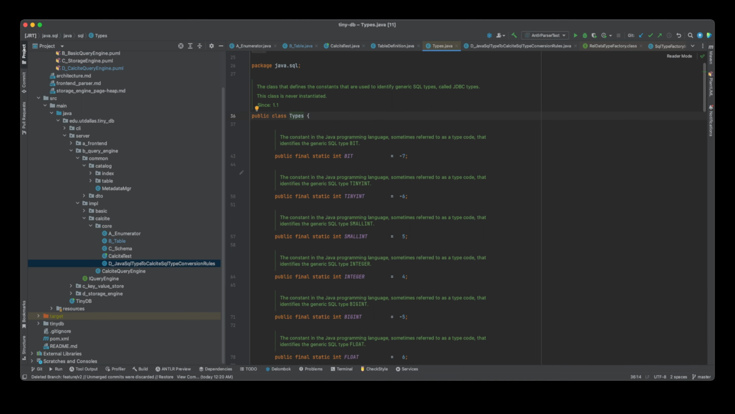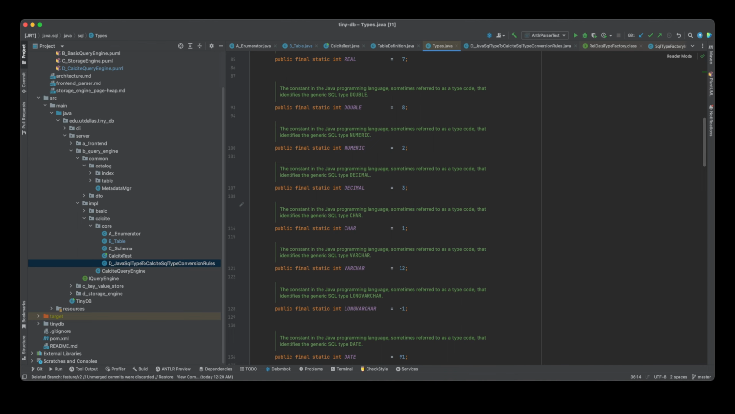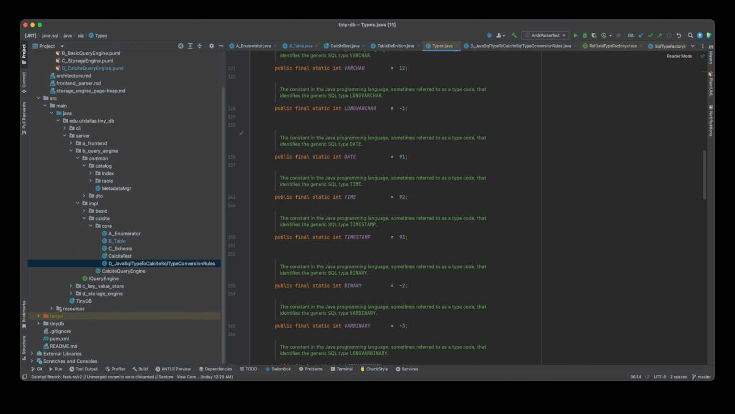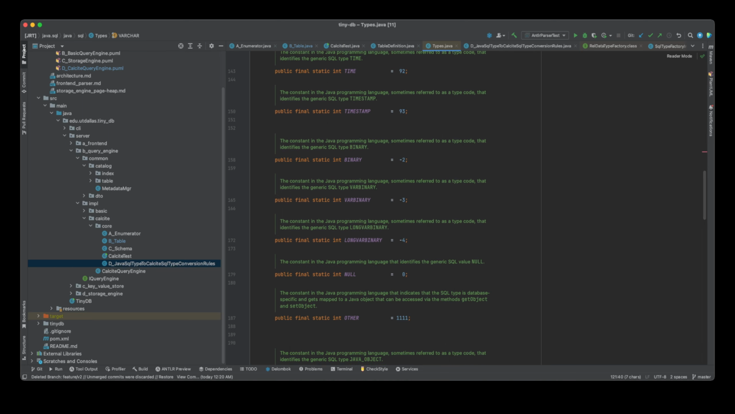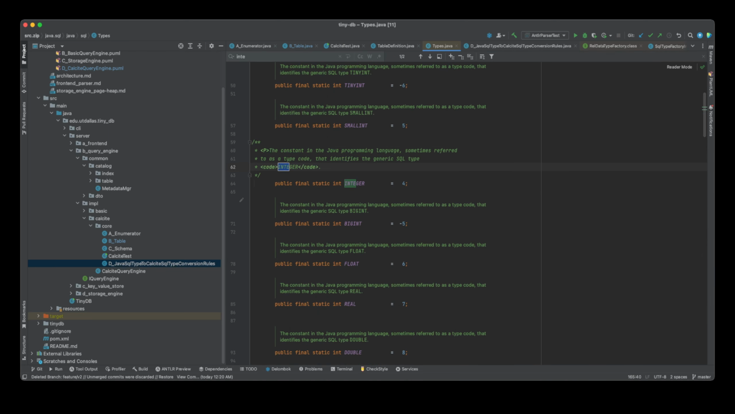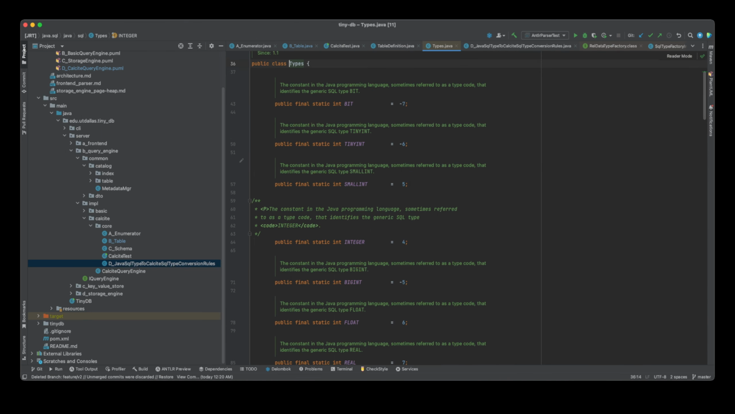So if it's a bit, we have -1. In our case, we are just using integer and varchar. I think for the varchar, it's value 12, and for the integer, it's going to be value 4. All right. So, coming back,